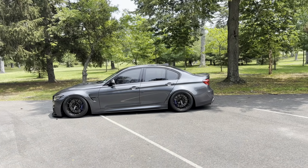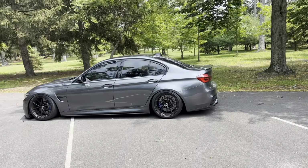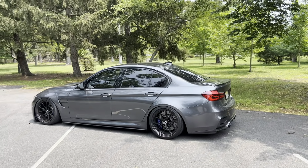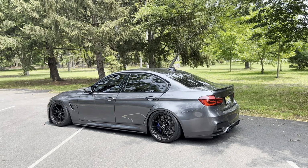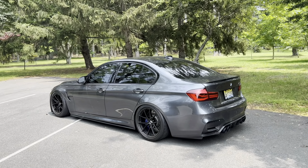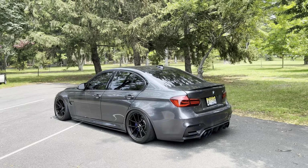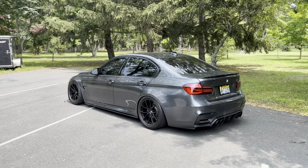2 years of ownership in the F80 M3. It has been such a pleasure owning this car, and getting it to this point was something that I only thought would happen in a dream. Seeing my vision come to life, not only come to life, but better than expected, is truly an amazing feeling. And seeing this sitting in my garage all the time and driving it when I want is such